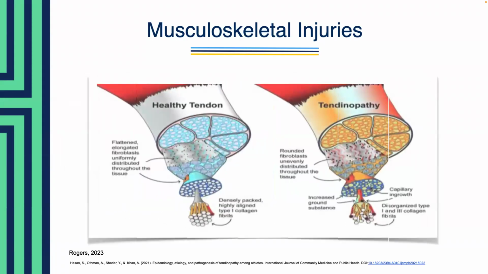Let's see if I still have it on there. Okay, good. Here is an image that shows what healthy tendons look like compared to tendinopathy. So when we think about the term tendinopathy, this is a term used to describe tendinitis, tendinosis, and peritendinitis. We know that tendinitis is inflammation of the tendons versus tendinosis, which is that degrading of collagen fibers or disorganization of collagen fibers. Now, the term tendinopathy is that umbrella term that encompasses all of this.